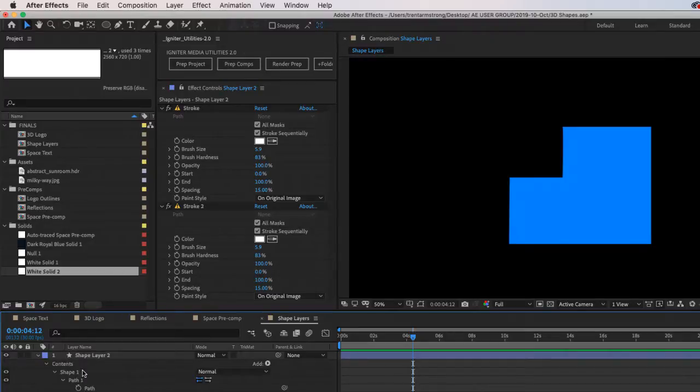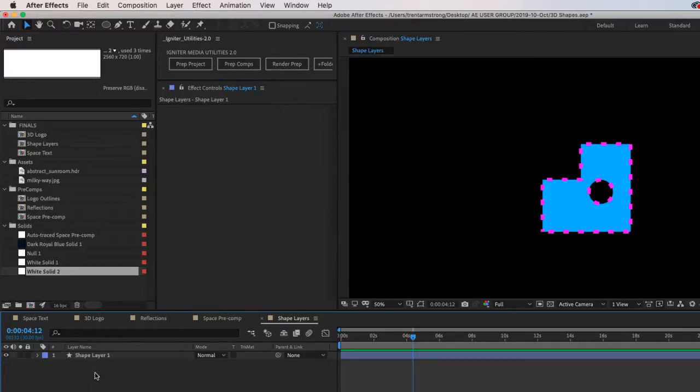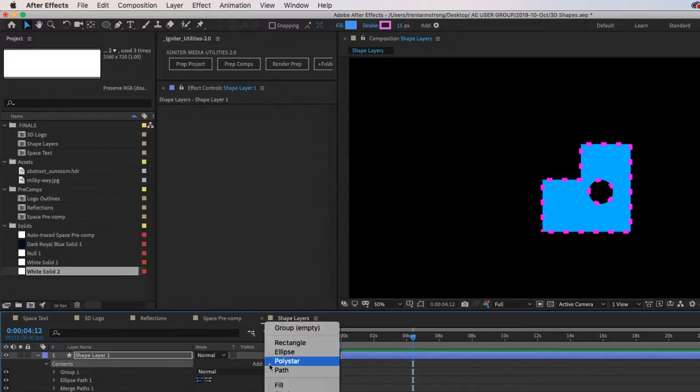Now for some more fun stuff, because I'm going to delete that, and I'm going to show you some extra cool things that can happen with shape layers. So we can twist this.